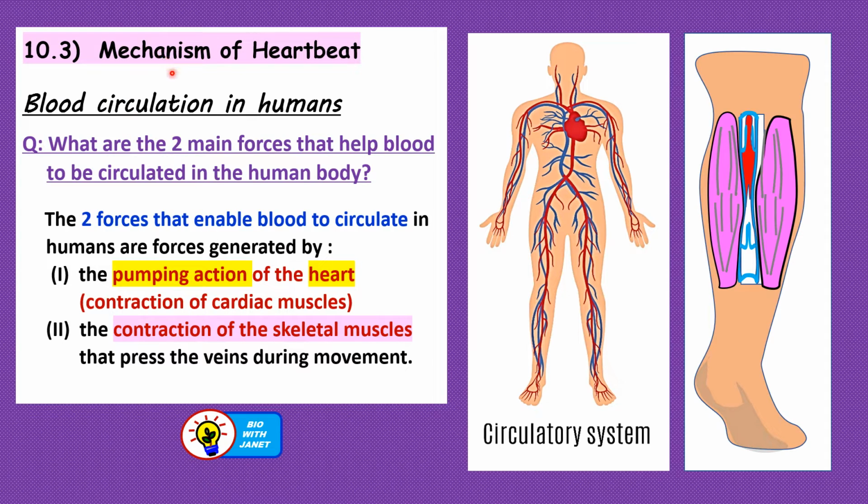10.3. The mechanism of heartbeat. Blood circulation in humans. What are the two main forces that help blood to be circulated in the human body? So the two main forces that enable blood to be circulated in the human body are forces generated by 1. The pumping action of the heart,